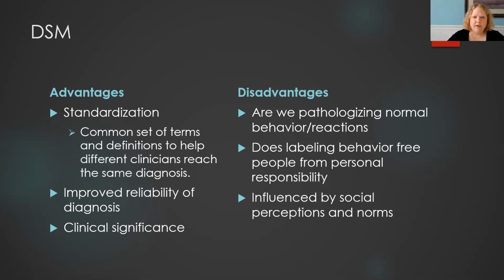Let's see, what else do we have here? Influenced by social norms and perceptions. This one I'm going to talk about with the DSM. Up until the 70s, it considered homosexuality to be a mental disorder. Part of that was because of social norms of the time, how the public viewed individuals of the LGBT community. And because it was something that particularly the church found to be inappropriate,